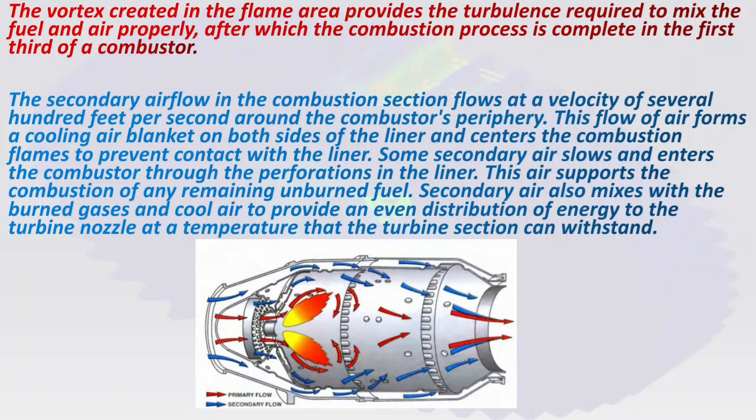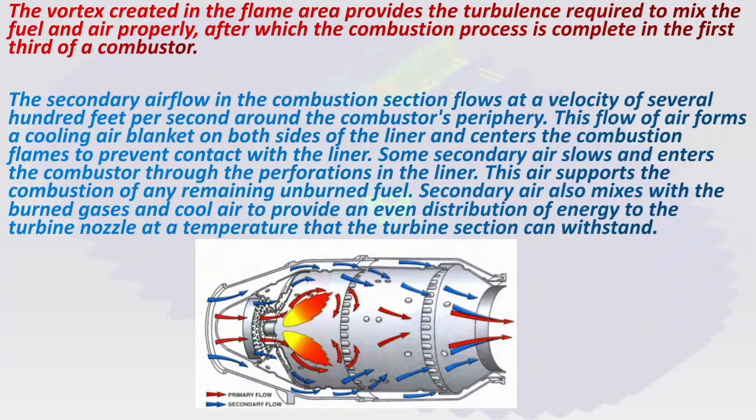Now you can see in this picture, the red one is the primary flow of air and the blue one is the secondary flow. You can see the primary flow flows through the front end of the liner, where swirling vanes reduce the speed of the primary flow and provide a vortex motion which creates a turbulence, which is very helpful for mixing fuel and air properly. Secondly, it reduces the speed, which is very useful to prevent flame out conditions.